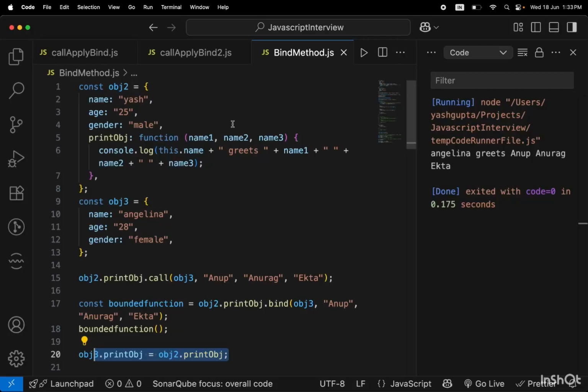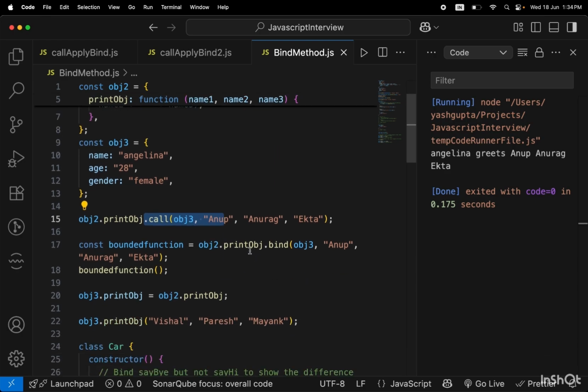Hello friends, today we're going to learn some cool concepts about the bind function: what is the bind function, what are its usage and what are its practical applications. In the first example we're going to revise some call concept, then we'll find why we need to use bind method